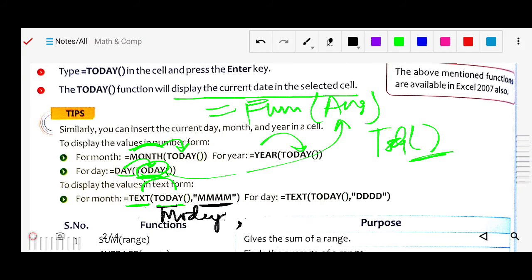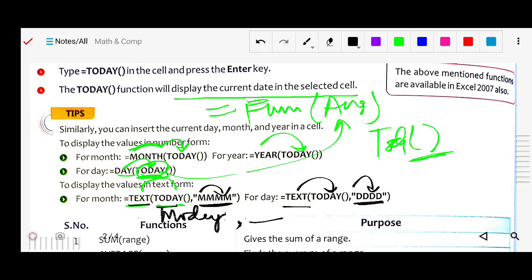This is MMM, so it gives the name. So for TEXT, the today date will be given in the format you specify and displayed. Like this, the month name will be displayed, and here the date is displayed. So likewise you can use these functions. Got it?